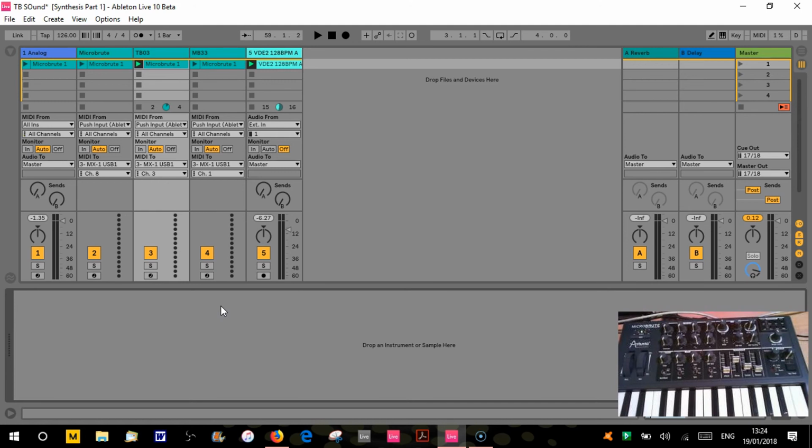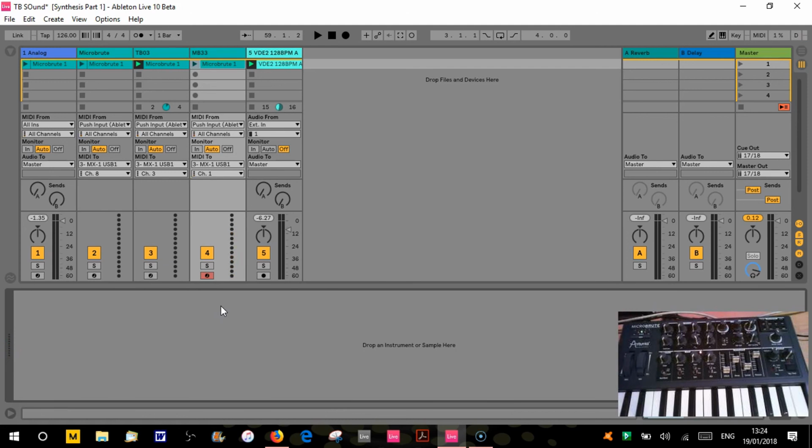It's fairly simple settings because the envelopes and so on on the TB303 originally are very straightforward. On the Microbrute, we can of course use the amp envelope. So if we switch it onto envelope there, got a bit more release. And the great thing with the Microbrute as well is we can mix, which you can actually do on the MB33, which is over here. You won't be able to see it. But if I just play on the MB33, you can